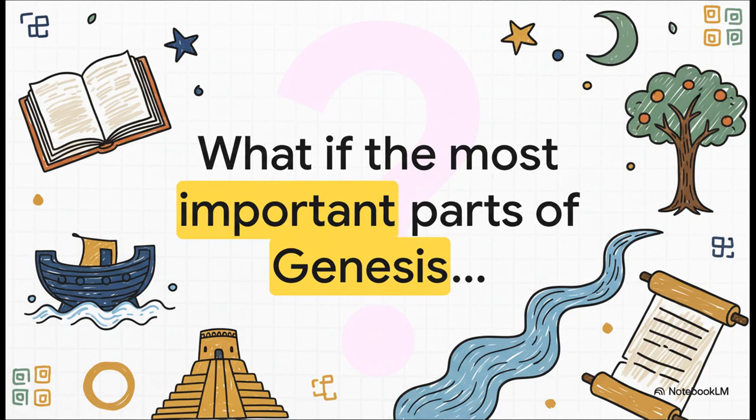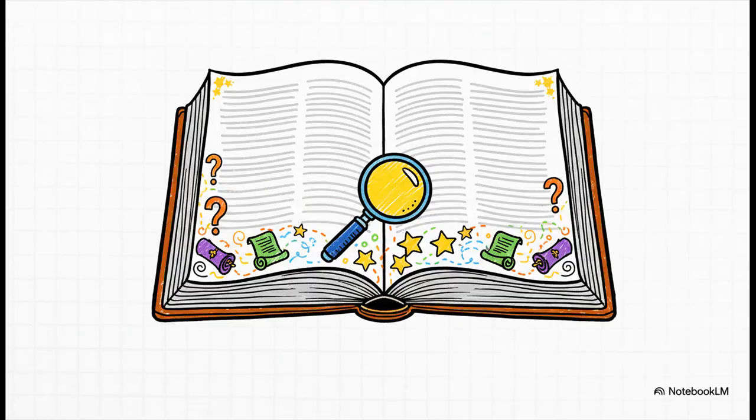So here's a thought. What if the real key to understanding these ancient stories, the little details that change absolutely everything, aren't actually in the main text at all? What if they're tucked away in the translator's notes and those tiny academic footnotes? Yep, that's what we're doing. We are diving deep into the secrets that scholars and linguists have been pointing out for years, hiding right there